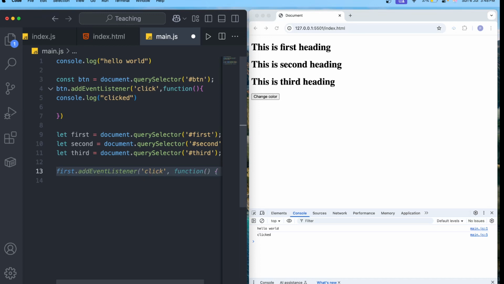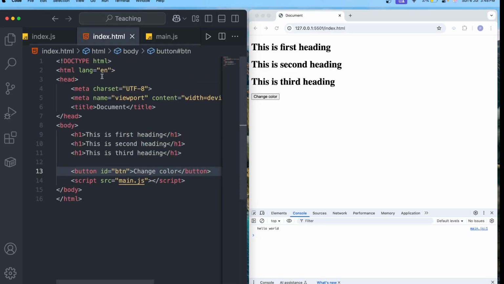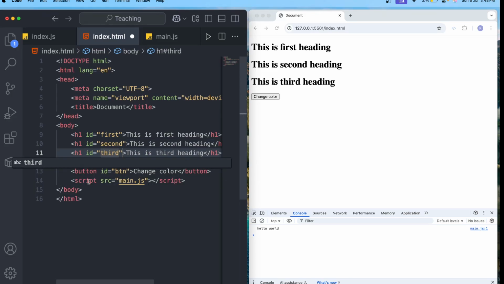I have extracted all those buttons from the DOM, and as I have given ID of first, second and third, as you can look here that okay, ID is missing, so let's skip first, second, third. Okay,